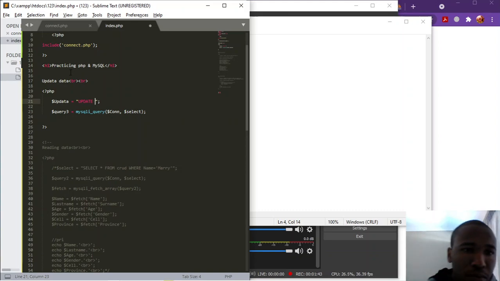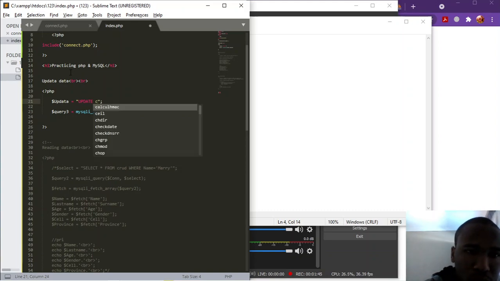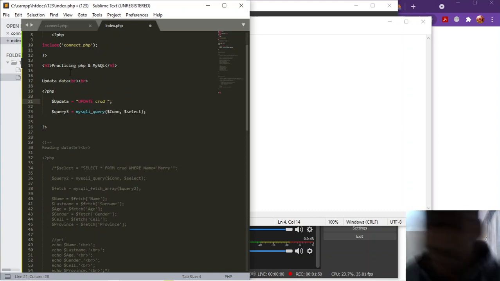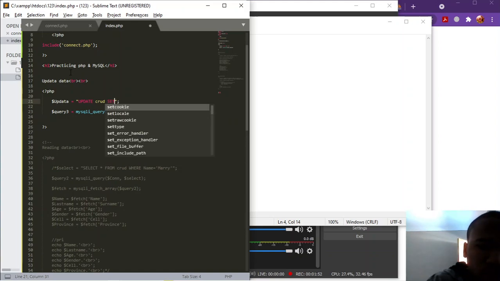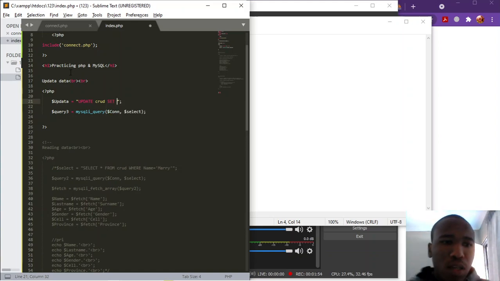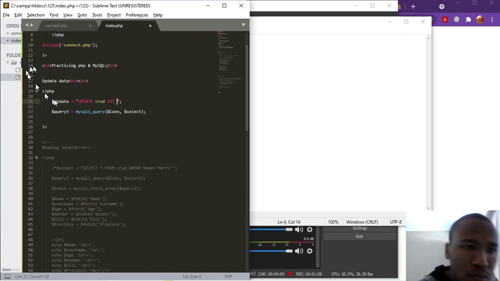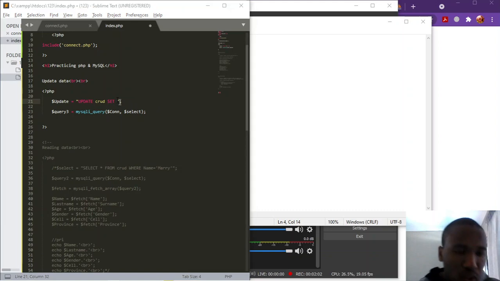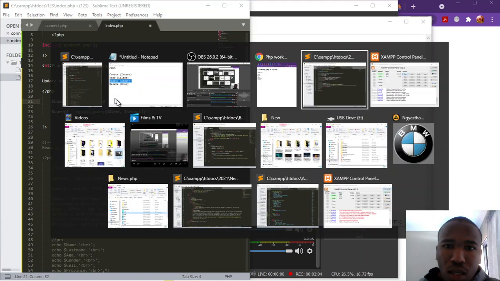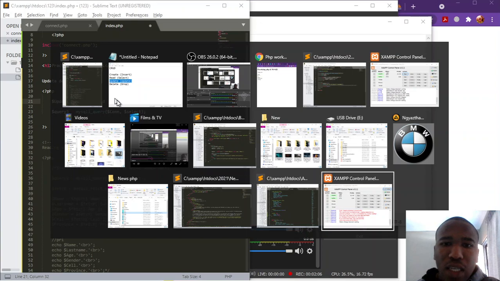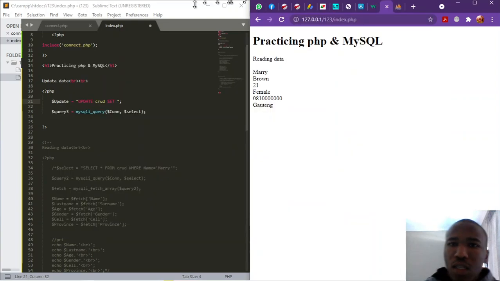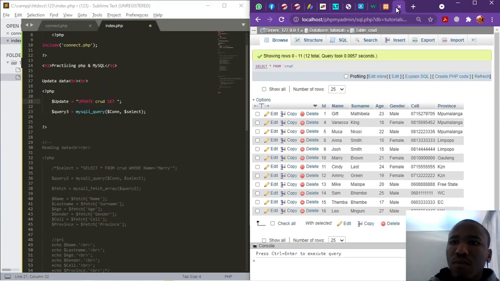So update, followed by our table name, which is CRUD, and then this one. Okay, let me start writing so it's easier to explain. Actually it's update here. Then set. It's better to open the database to the side.